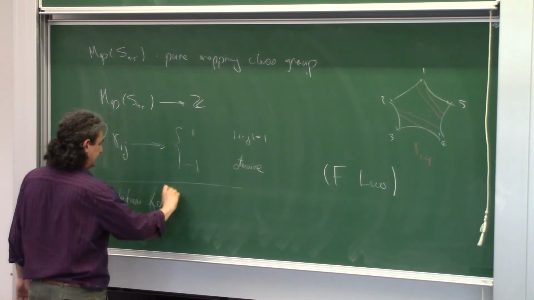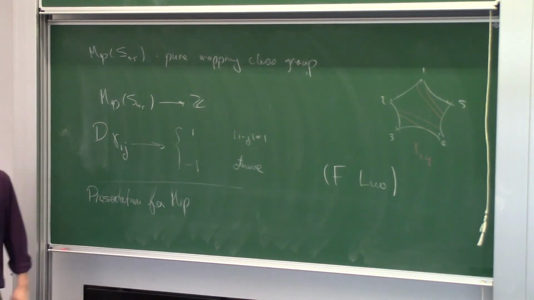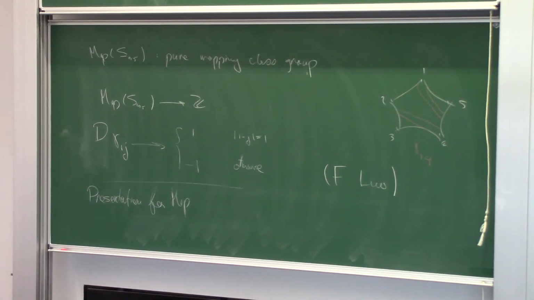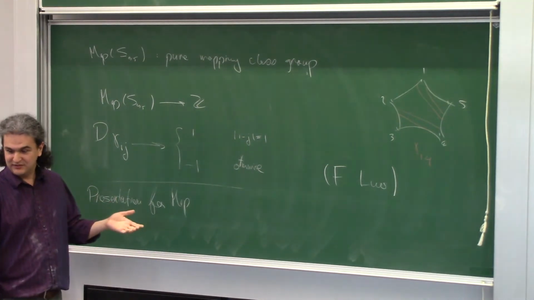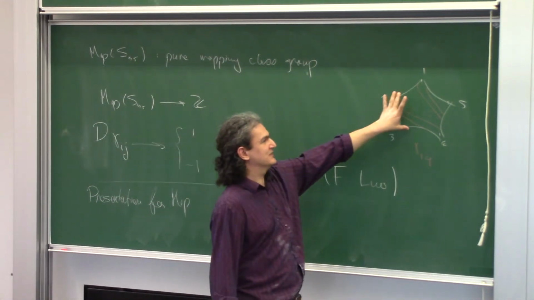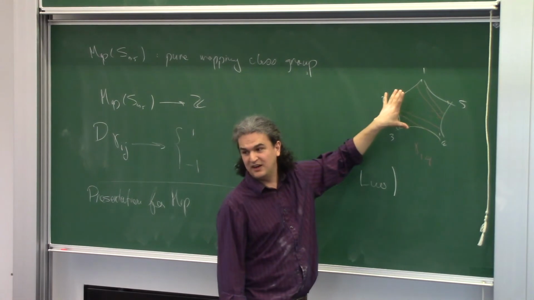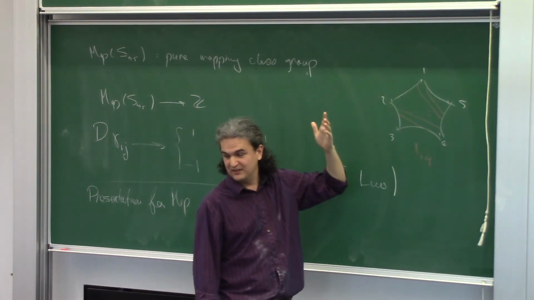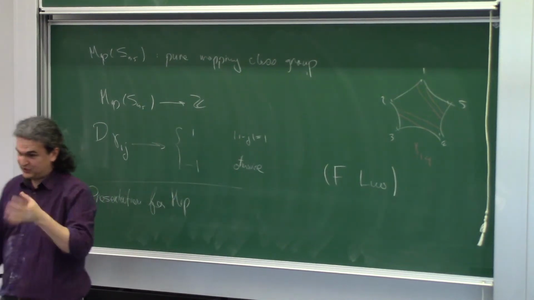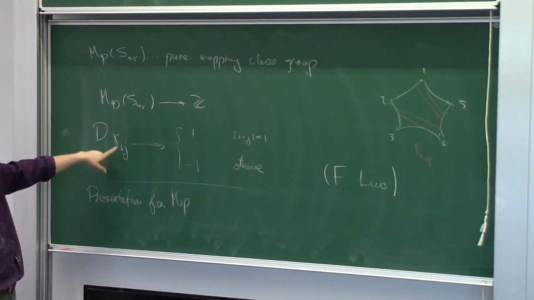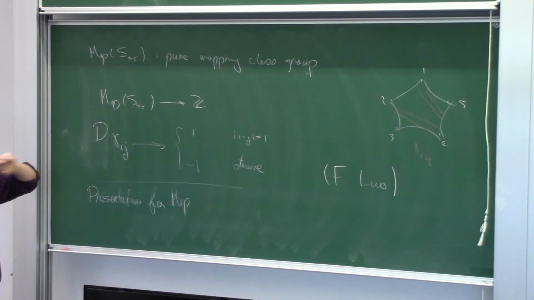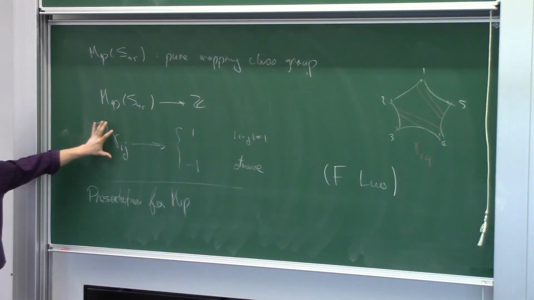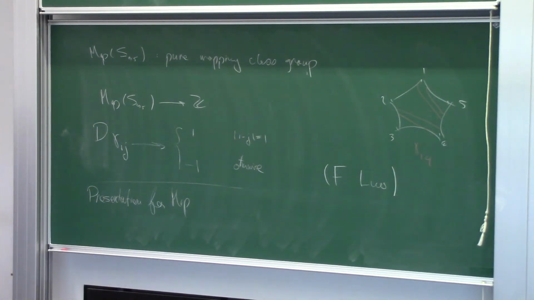So are you looking at the action on the curve, and then you look which ones are separated from which? No, I just randomly chose an ordering of the punctures, 1, 2, 3, 4, 5. Then I pick a curve. If it's separating 2 adjacent punctures from the other ones, I send a Dehn twist around this to 1. I pick a curve, not an element of the mapping class group, with a property, and I send a Dehn twist around that to 1 or negative 1. And then since these generate, I say that this is a homomorphism of the whole group.